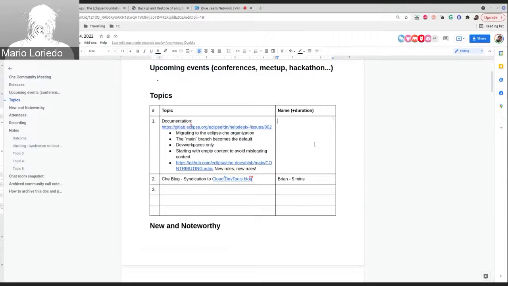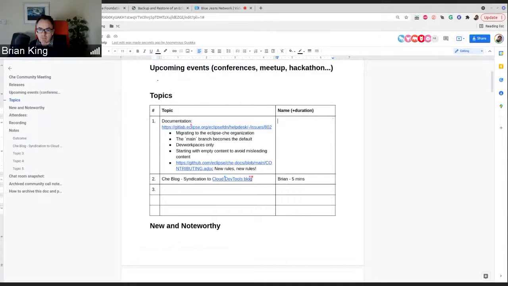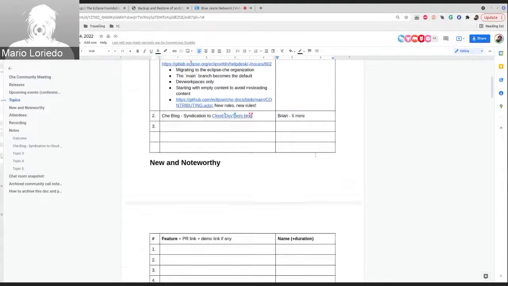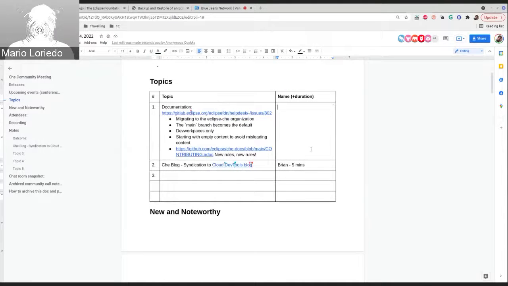I guess it's worth noting that that blog listing is a work in progress. We're going to add more features to it. For example, things like author names, things like the origin of the post, whatever other metadata we could pick up. But the solution is being implemented across multiple sites by the Eclipse Web Dev team, so we're just waiting on various features to go live. And the AsciiDoc that we're using for our latest blog posts, does it work well with the Cloud DevTools blog? There are some blog posts with Markdown, but others use AsciiDoc.